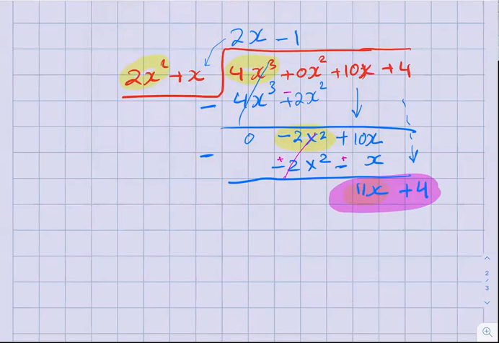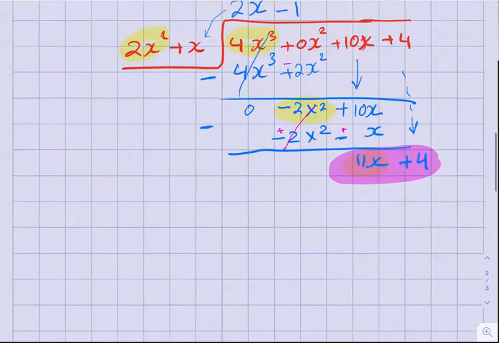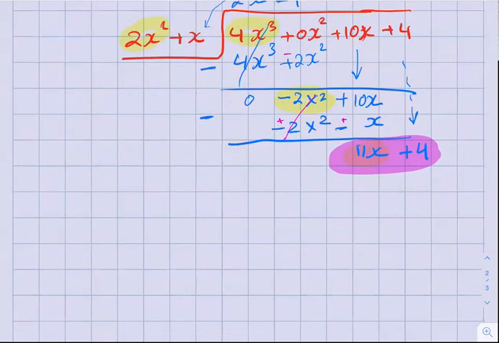So in this case, we will write this as the integration. So therefore, the integration of 4x cubed plus 10x plus 4 over 2x squared plus x